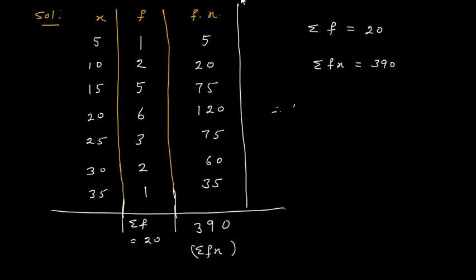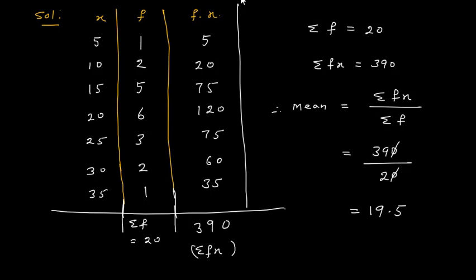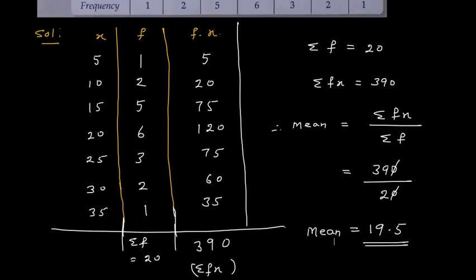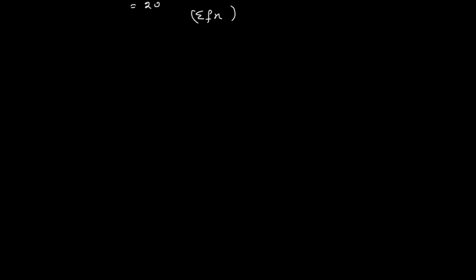So therefore we say that mean, the formula for mean is sum of fx divided by sum of f. So sum of fx is 390 divided by sum of f, which is 20. So 390 upon 20. This 0 and this 0 we will cancel. Now 2 ones are 2, 1 is 3, 19, 2 9s are 18, and 1 and 2 5s are 10. So we got mean as 19.5. Mean is equal to 19.5, right? This is question number 6 in your book.